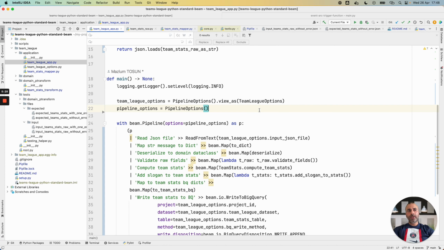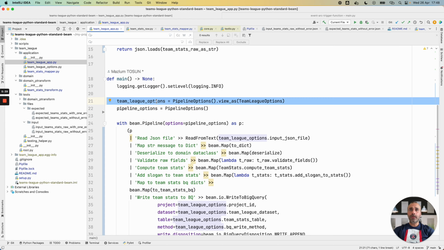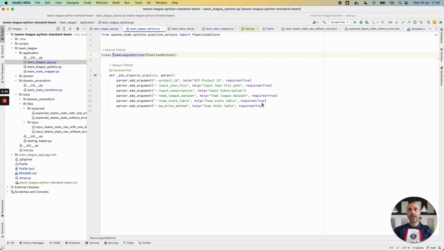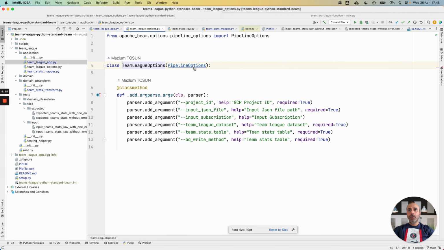After, I'm going to show the command line with all the arguments and options given to this job. With this syntax, I can recover all my pipeline options with Beam. My object extends Beam PipelineOptions, and I have all the needed arguments here, like the input JSON file from GCS and the output dataset and the output table.